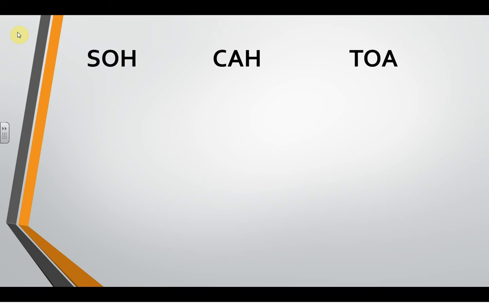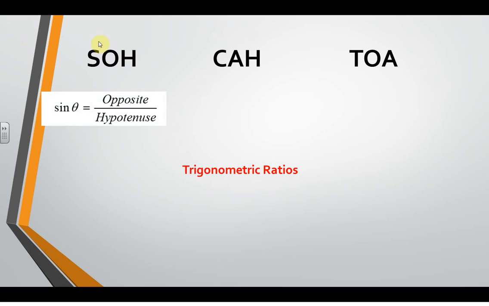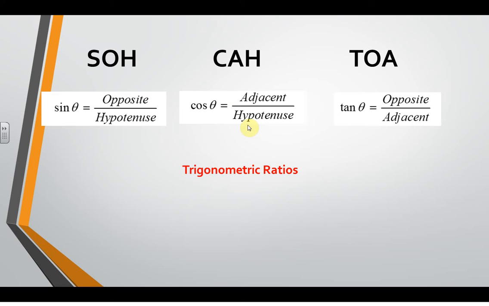So, SOHCAHTOA, you will hear this often. It actually stands for something. It stands for the trigonometric ratios. So here they are. So stands for sine of theta. That's just like an x, but it's always meant for an angle, and it's pronounced theta, is equal to the opposite, that's where the O comes from, over the hypotenuse. Cosine theta, the C, is equal to the adjacent over the hypotenuse, and tangent theta is equal to the opposite